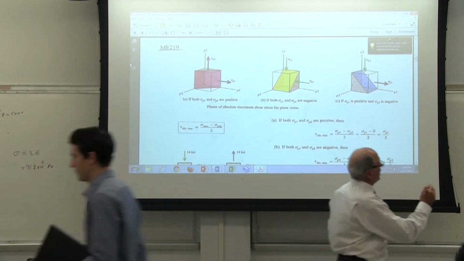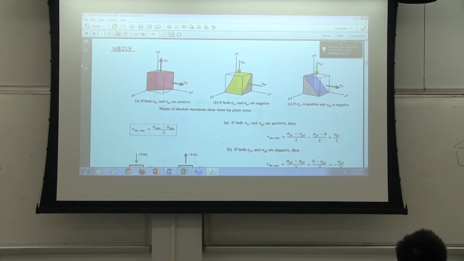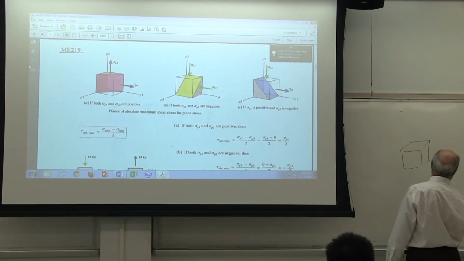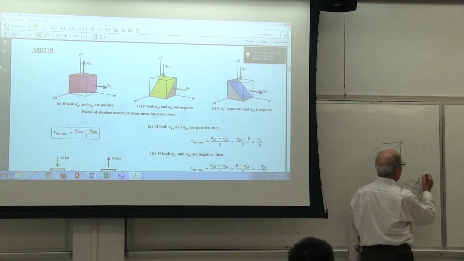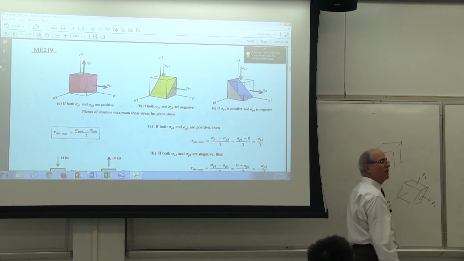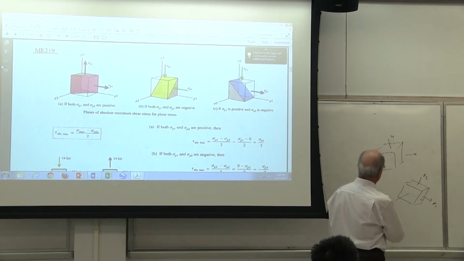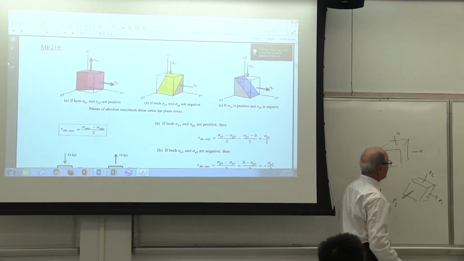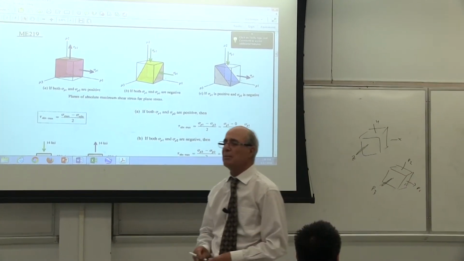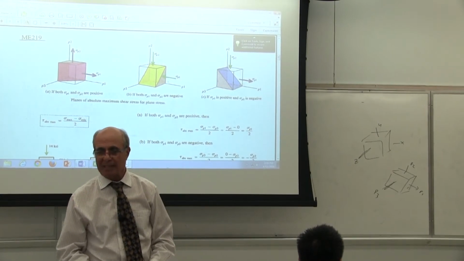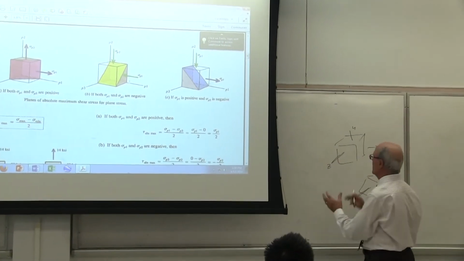So as you see, let's put it this way. This is your original state of stress, yes or no? Then let's say you go like this for your principal stresses. This is principal 1, this is principal 2, and this is principal 3. This is x, this is y, and that is z. Notice the direction of the z never changes when you do that. This rotation is about what? Last time we discussed it. This rotation is about the z-axis. That's why this value never changed. P3 and z are the same.